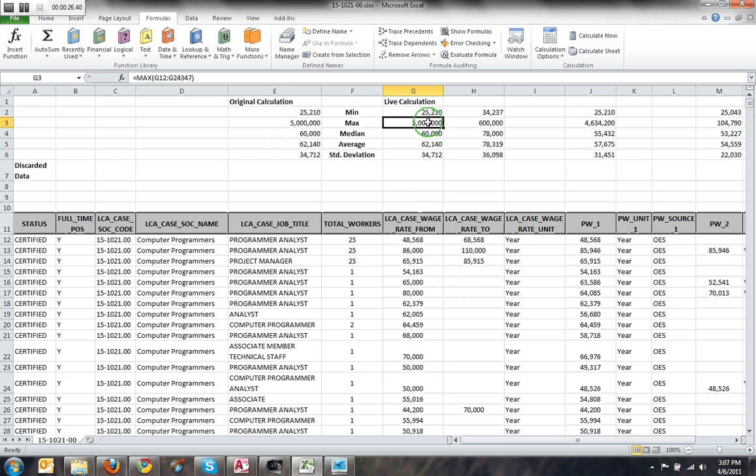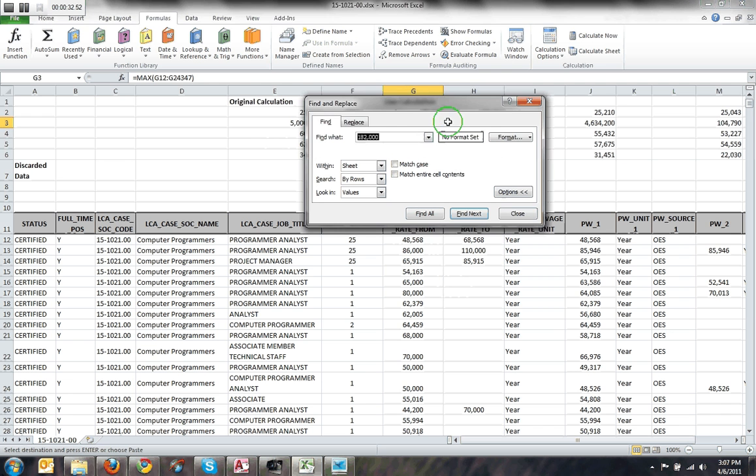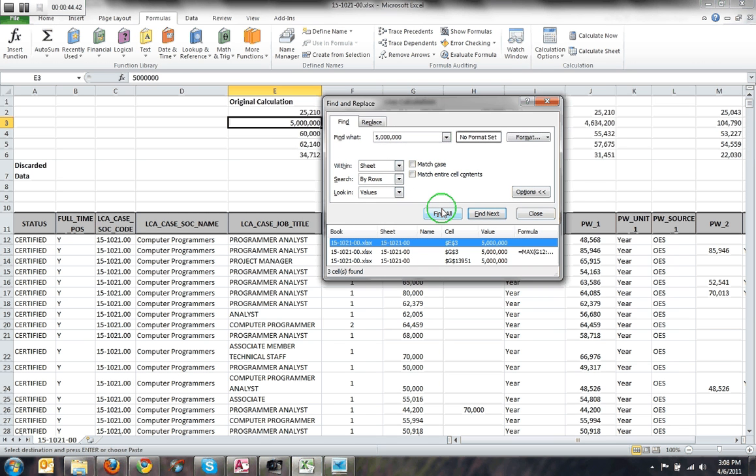We Control-C to select the value that is in question, Control-F to search through the data for this value. Mind you, we have to look in values, not formulas or comments, and then click Find All. It will comb through the 24,000 rows and it will find the two places where this number is located, on row 3 and on row